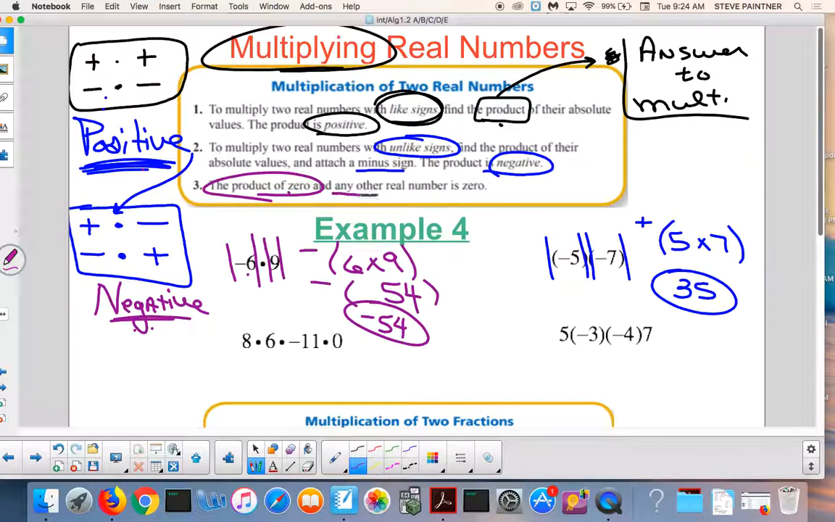0 times any other real number is always what? 0. So, a quick example would be 7 times 0 is 0. You get 0 every time, right? Okay. All right. So if you look down here,